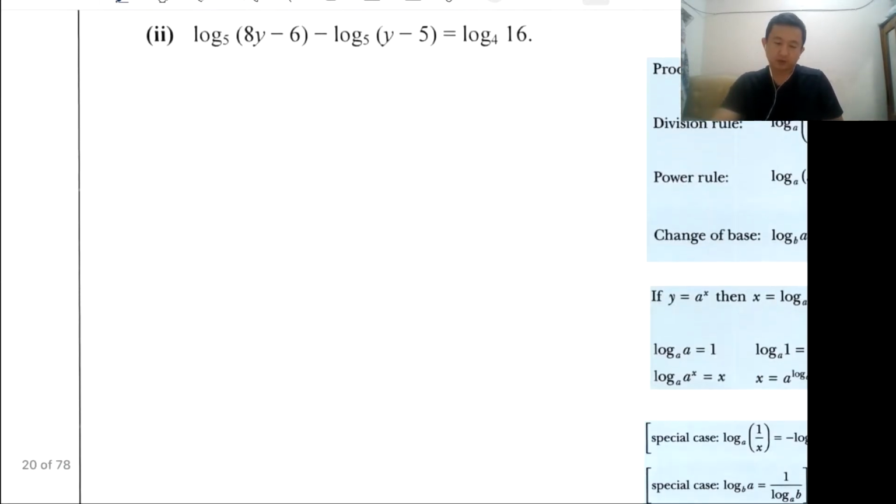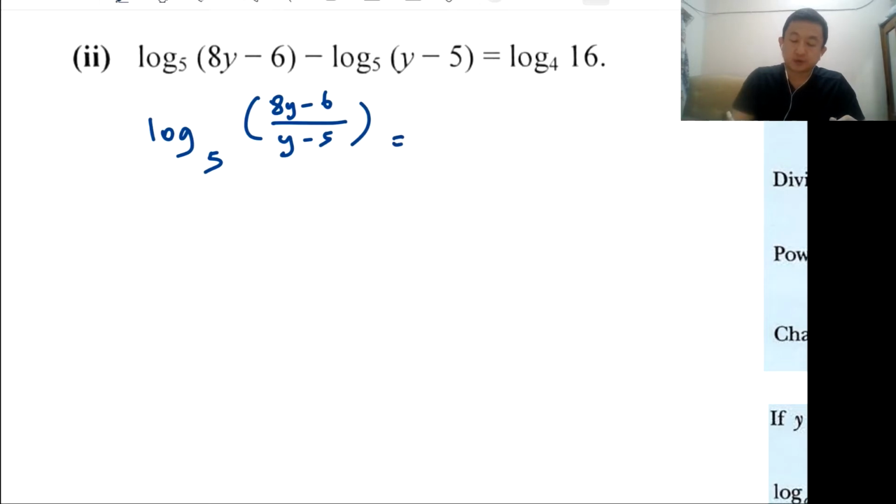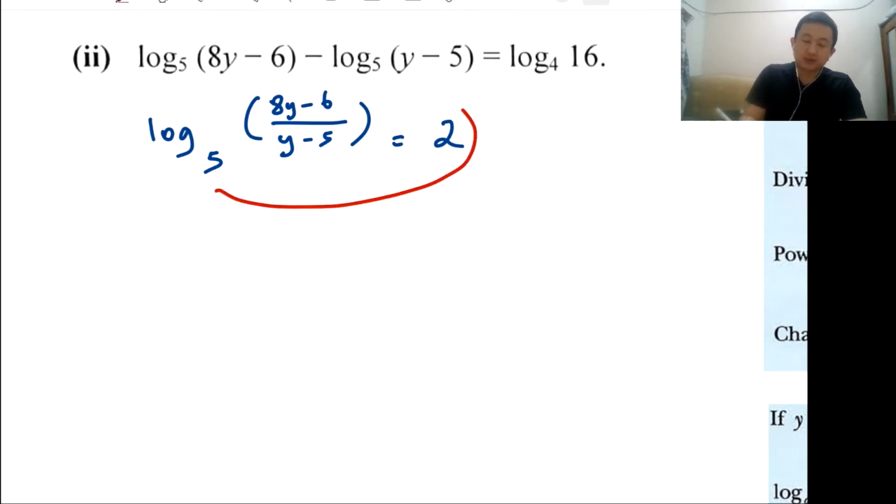we move on. Okay, base 5, base 5, base 4. So we are changing this to a single log. Group them together. Minus, so it's the division law. Log base 5 of 8y minus 6 over y minus 5, division rule, equals, this one, put in the calculator, it used to be a constant, so you get 2, and then we are changing this to index form, so 5 squared equals